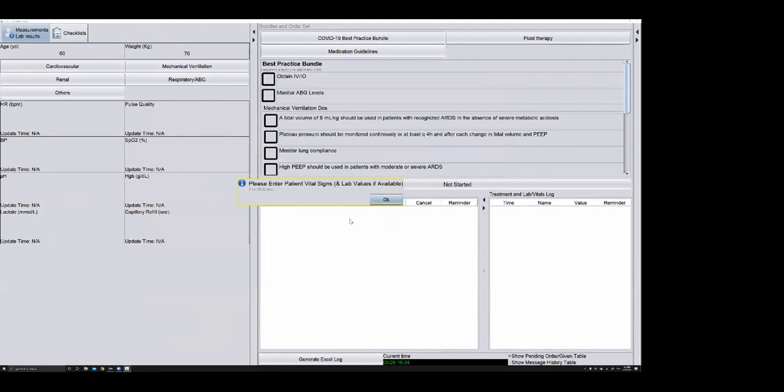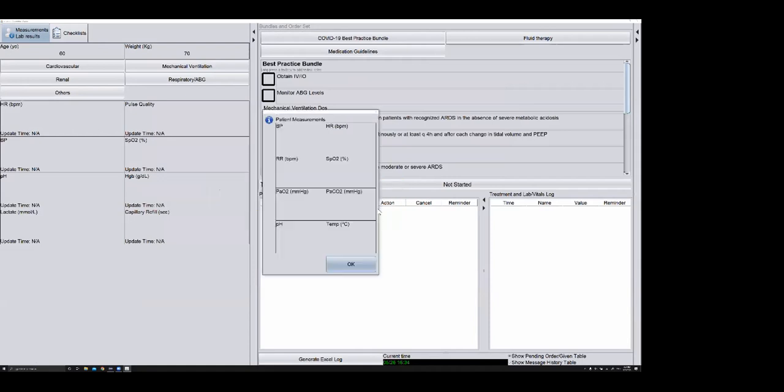Next, the system prompts the user to input the patient's vital signs and lab values. This measurement input box will show up periodically based on the monitoring guidelines in the suggested treatment protocol. Let's assume the patient has the following measurement values: